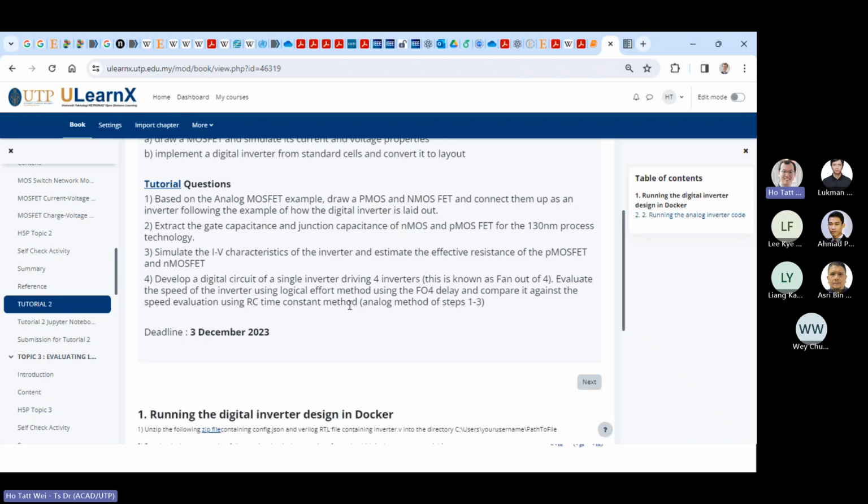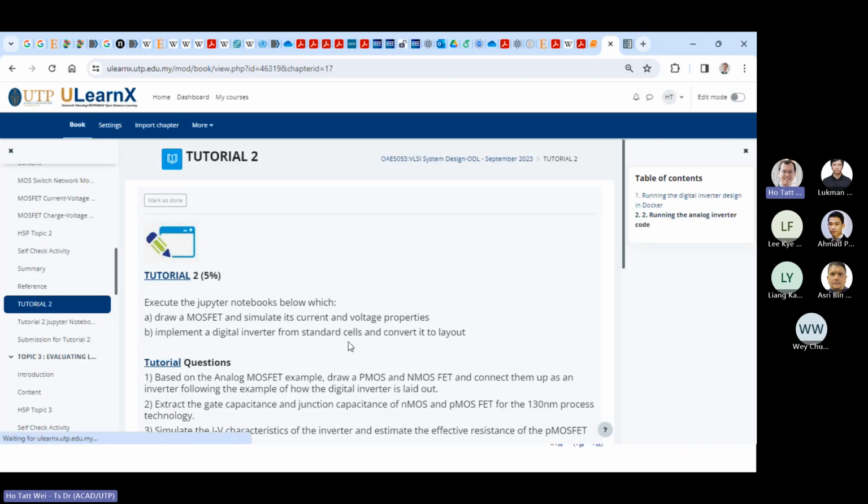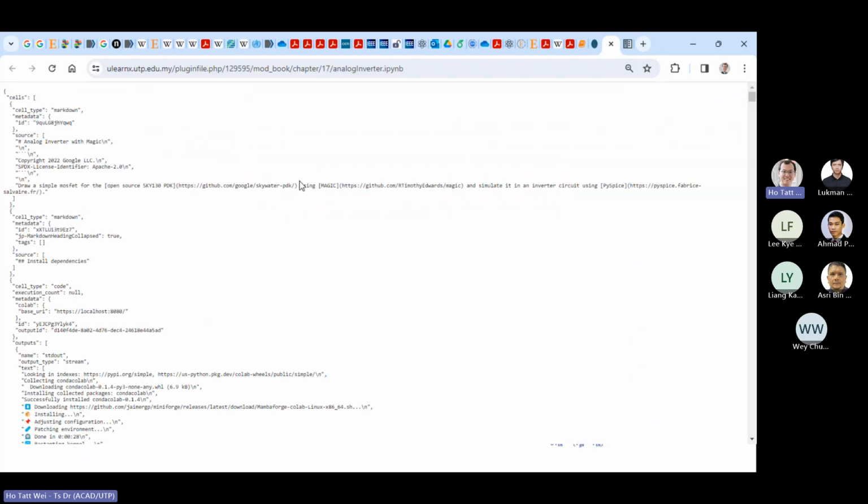Okay. But here what happened is I've added something else. There's both the digital code and an analog code. So the analog code, I've sent you the link to the file here, the Jupyter notebook, but I'm pending to actually improve it onto the Docker. This one here is just the raw, you can execute in Colab, but I haven't tested it out on the Docker yet. But anyway, what this notebook is doing,